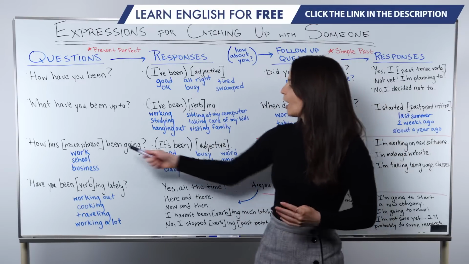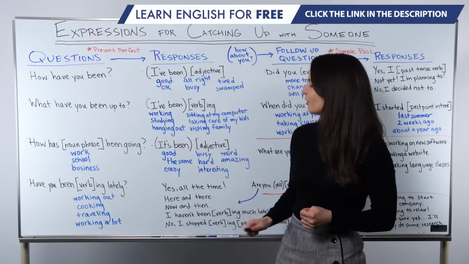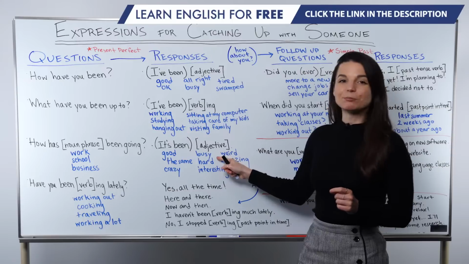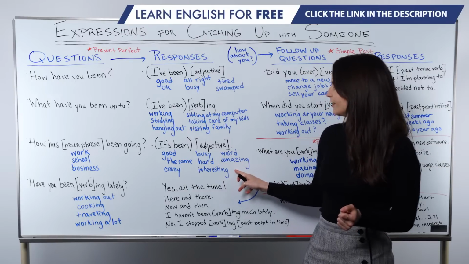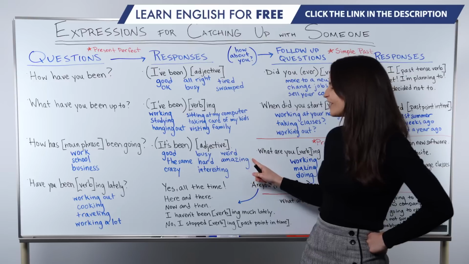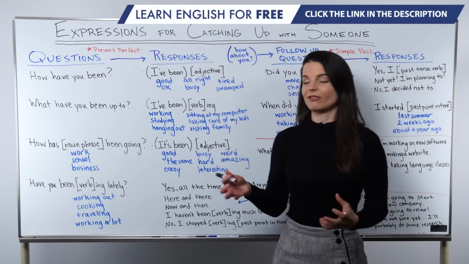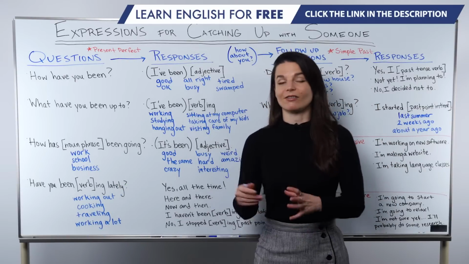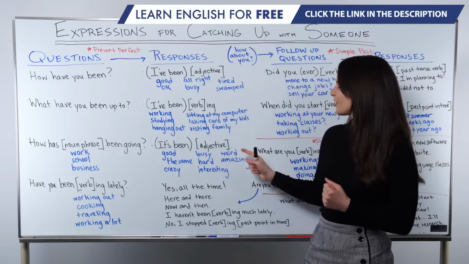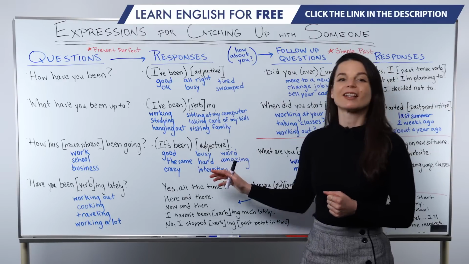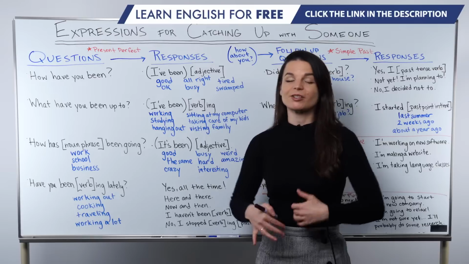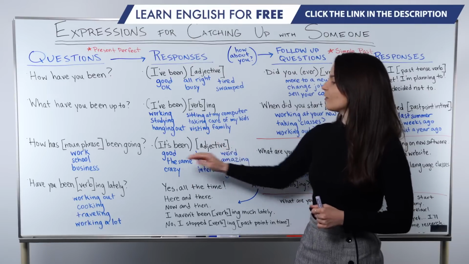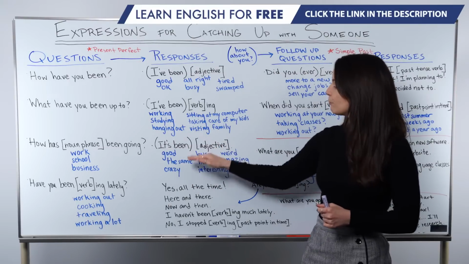So, for example, how has work been going? It's been good, or it's been the same, or it's been crazy, or it's been busy, it's been hard, it's been interesting, it's been weird, and it's been amazing. So you can choose lots and lots of different adjectives here to give some information about the recent status of that activity. So keep in mind, if you choose something like weird or hard or something like that, you should probably be prepared to explain a little bit more in detail about that. But generally, you can just use an adjective or you can use the full sentence, it's been the same.